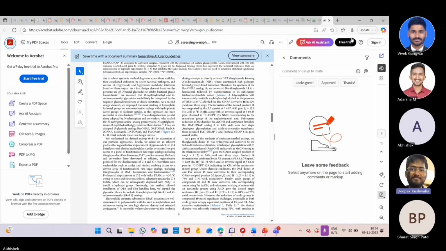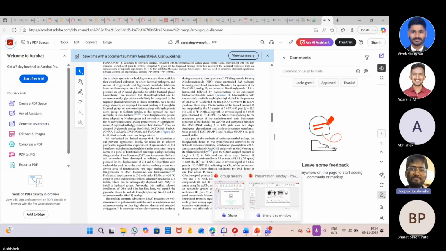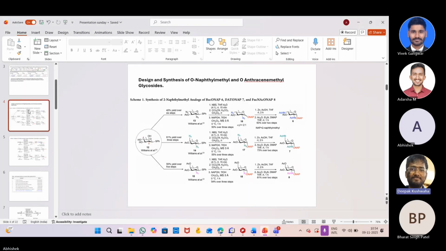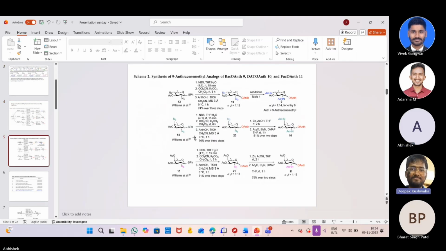You go to your glycosylation slides you have shown earlier. If you see, in all the places they are using different solvents. Mostly they have used acetonitrile for glycosylation. In some places DCM also, like here they are using dichloromethane. The previous one I think, they changed because of the solubility or something else. Like here they have used acetonitrile and still they are not getting it, I think. So here they are doing it for selectivity, or solubility also has some role.